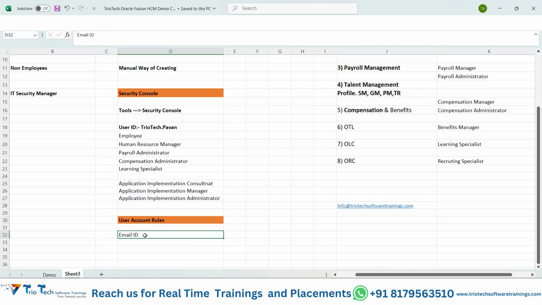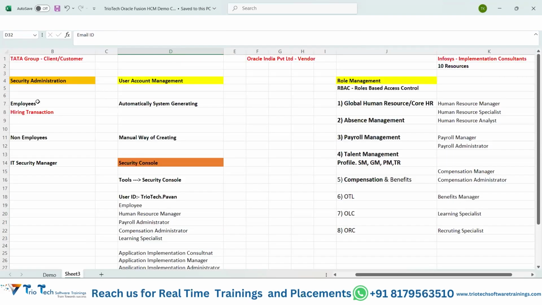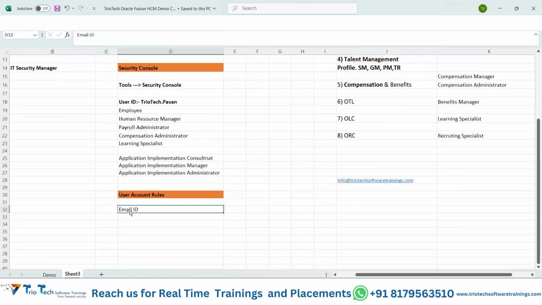User account, username format is email ID in the system. For example, while HR is hiring the employee, usually in the second tab, the person information tab, HR will capture the employee work email details. Let's say HR did not capture that. Now HR hired the record. The system won't understand, because there are no email ID details given. Then how will the system create the user account, because the mandatory username format is the email ID we enabled